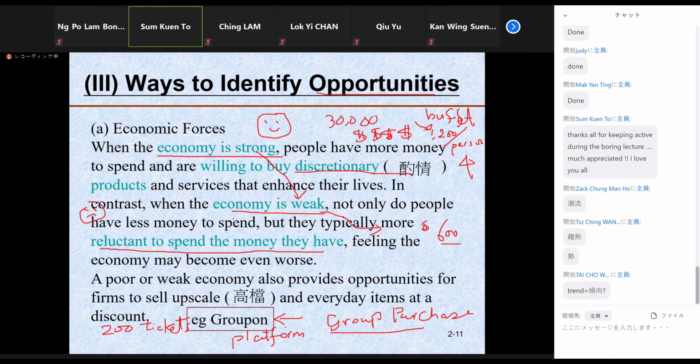So as an entrepreneur, if you have a bright idea that at that time people never thought of, go for group purchase, you think of this new way, and then this is an opportunity for you, and then yes, you may end up earning a lot of money, something like this. So this is point 1 about economic conditions. Point 2,